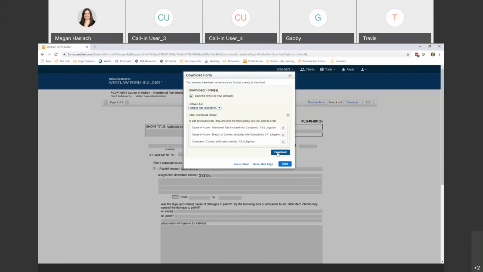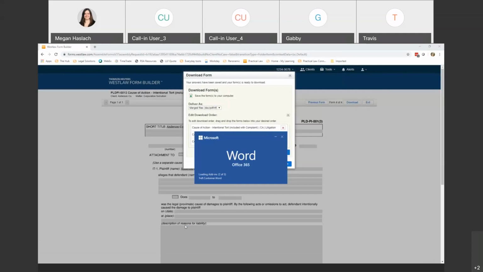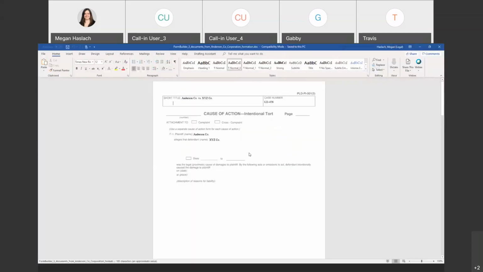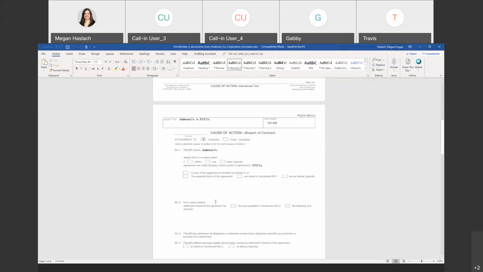But then when I download this, because I applied that setting at the very beginning to have my graphical forms downloaded in Microsoft Word, I'm going to get a Word document with all of that information that I just built. From there, as I mentioned, of course, you're able to edit the form just like it was any other Word document. One thing I do want to caution you, though, it may seem very straightforward, it may seem very obvious,